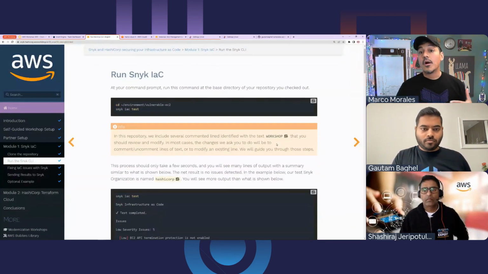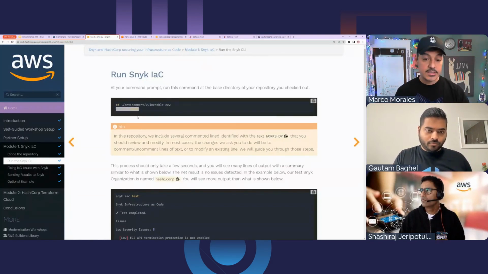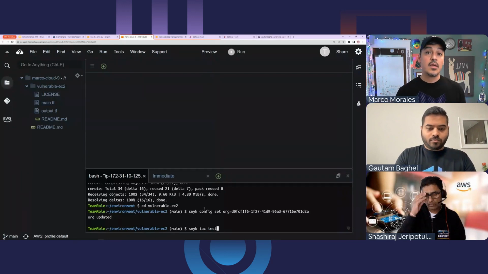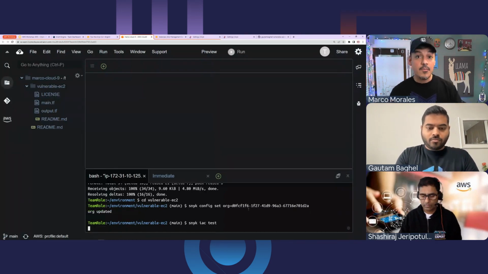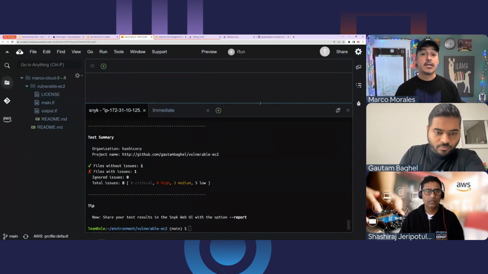So we're now in this environment, and think of it as you are a person that has started writing code, you checked it out, you're making changes, and you want to know the status of your security for this infrastructure as code. So one of the things we'll do is type in the words Snyk iac test. Snyk, HashiCorp, AWS have great command line interfaces with commands and subcommands. Snyk iac is our command and subcommand, and test is the verb where we tell Snyk to check out what we have and look at the results.